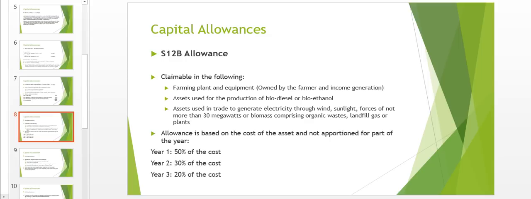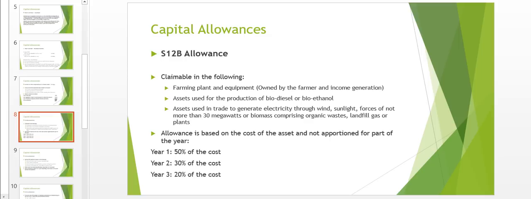But for now, all you need to know is these are assets which are used in manufacturing businesses, and it has to be assets which the manufacturing business owns. And on this, you may claim a Section 12B allowance. This Section 12B allowance is based on the cost of the asset. In the first year of assessment, you are allowed to,